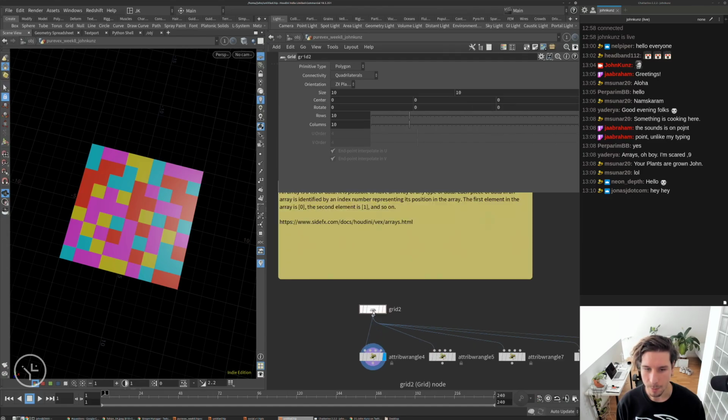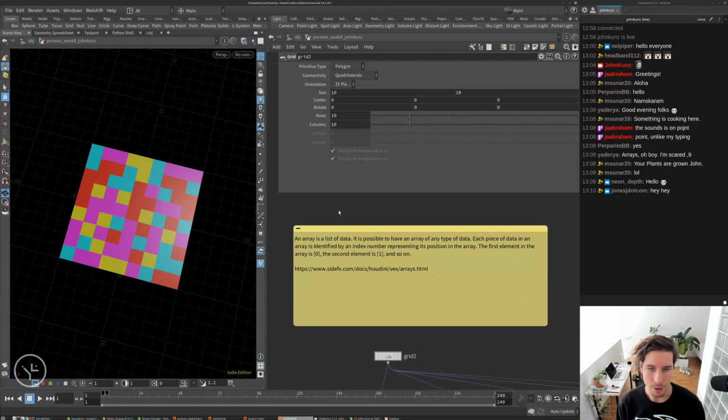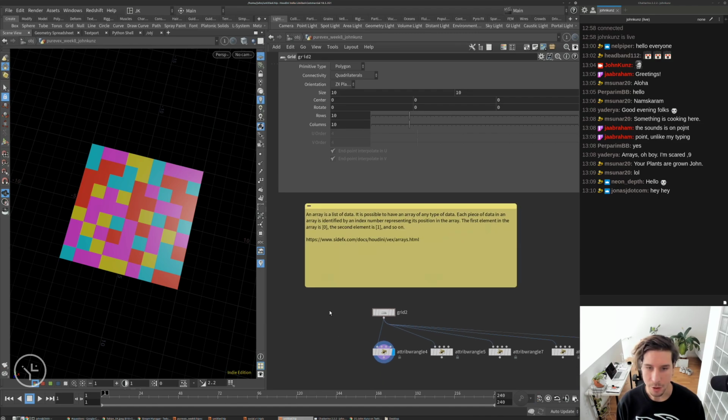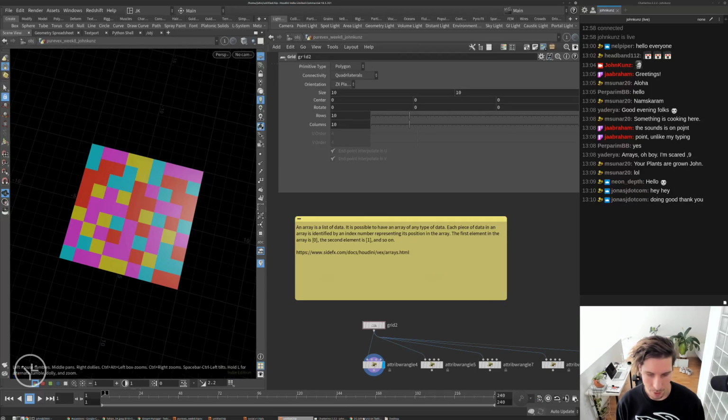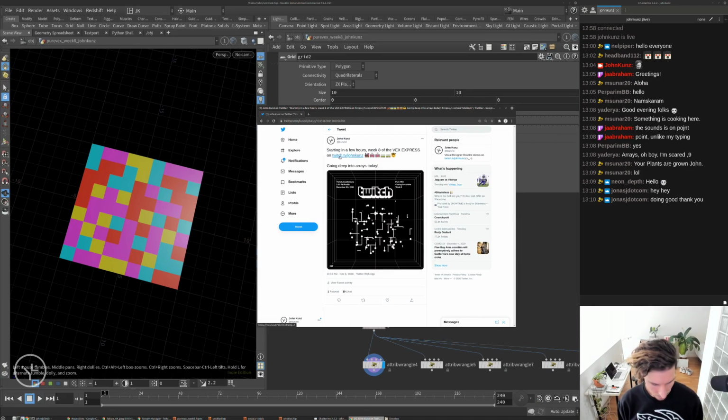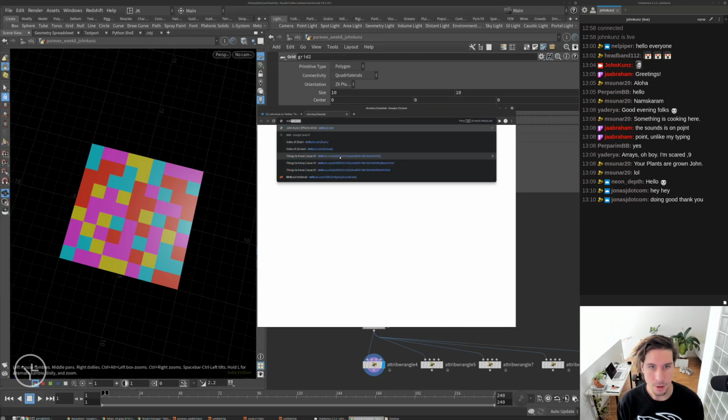So just getting into arrays here, I wanted to do a little bit of an overview or a refresher, depending on whether you've seen them or not before. So array, you could think of it like a list of data, and you can have an array of any type of data. So if we remember when we introduced the matrices, and one thing I was doing